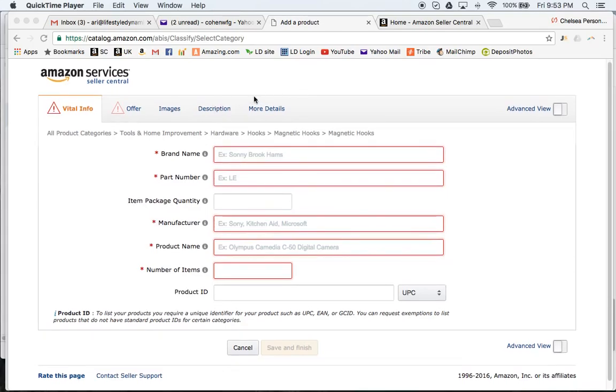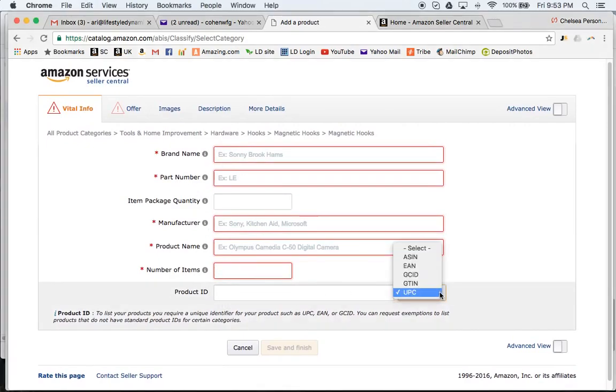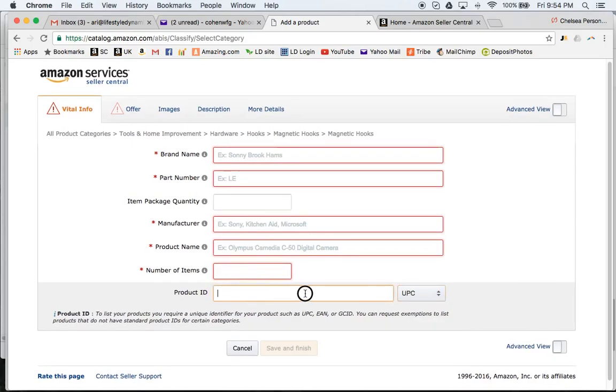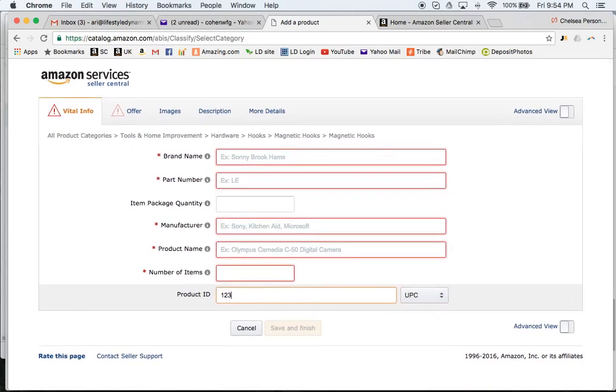Okay, so on our phone call yesterday, we got up to the point where you enter your product ID. So you want to make sure this here is on UPC. And by this time you should have created your UPC codes through the GS1 account, and I sent you a separate video on exactly how to do that. So if you haven't watched that video, please stop this video and create your UPC code. Once you have your UPC, you just copy and paste that number here. So let's just say it's